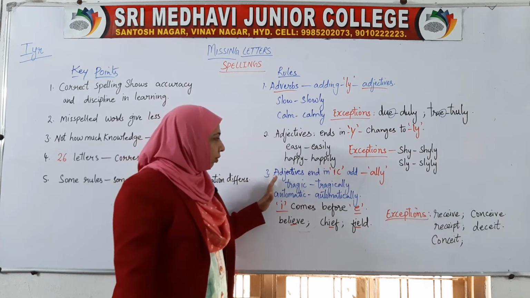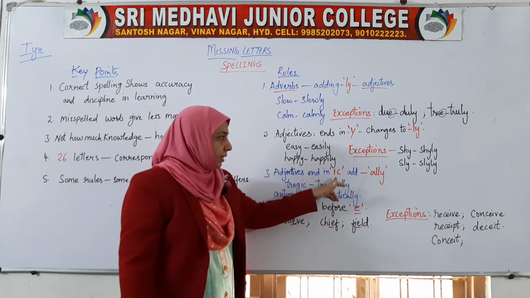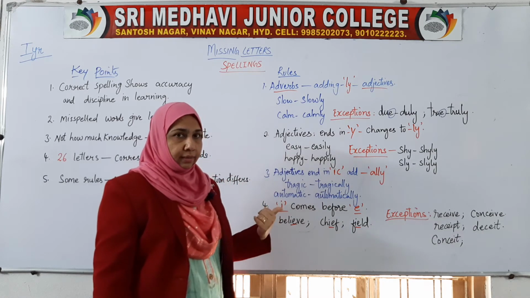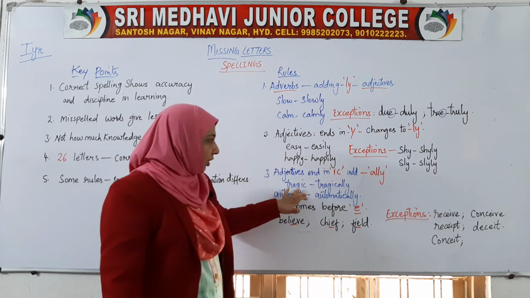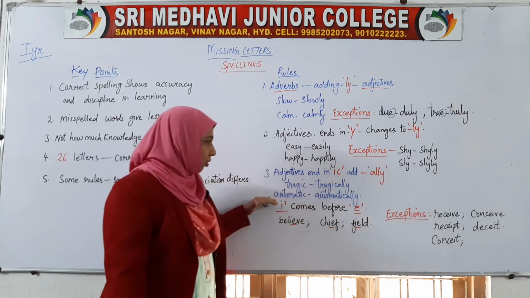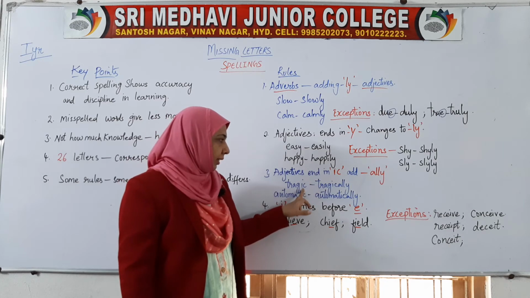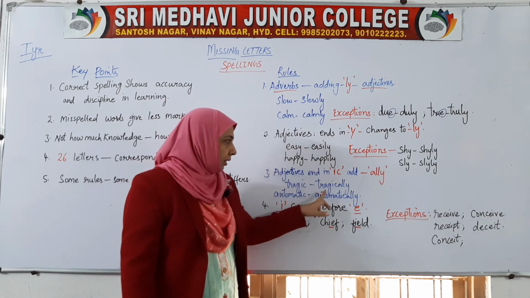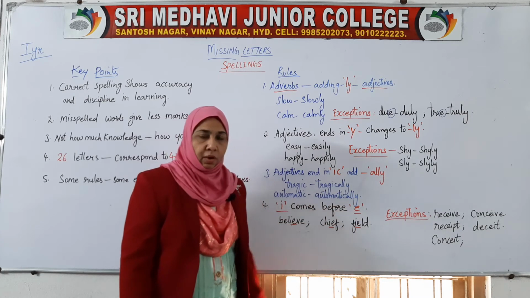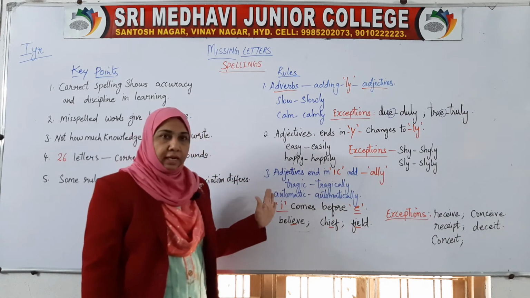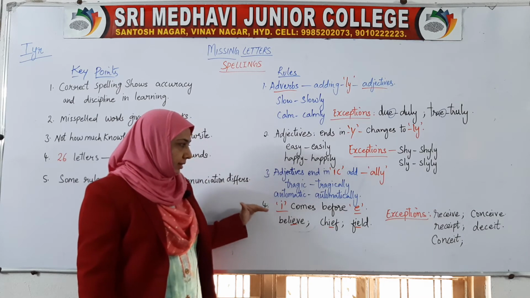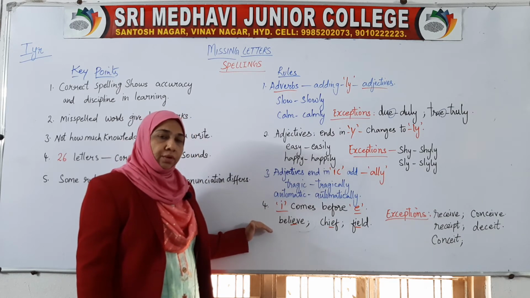Now, those adjectives which end in IC can get A-double-L-Y at the end. Okay. Tragic, tragically. Automatic, ending in IC getting A-double-L-Y, automatically. Okay. So these are the few rules, and now the next is, this is the most important rule as well